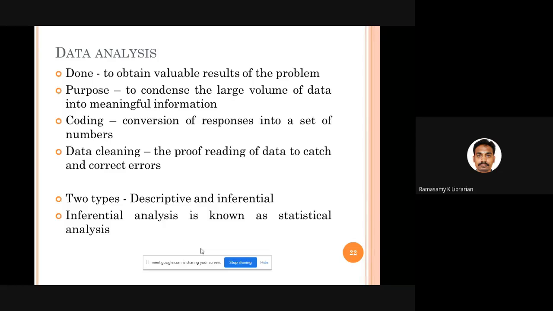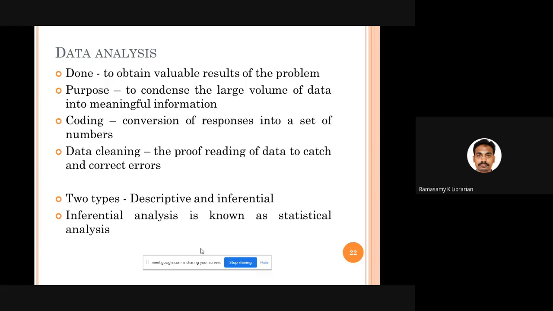And there is a process called data cleaning, wherein we try to find out what kind of errors are there in the data collection and how to correct those errors. That process is called data cleaning. When you talk about statistical analysis, we have two different types. One is descriptive, the other is inferential statistics.